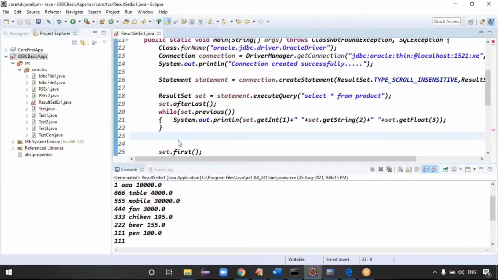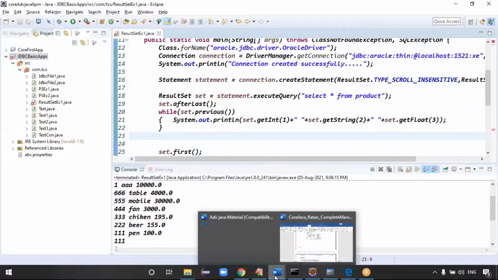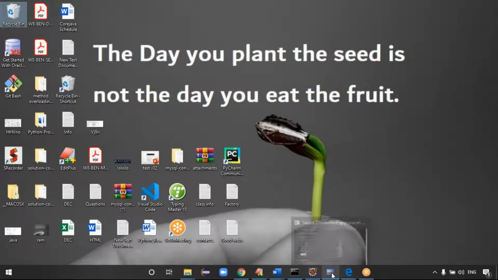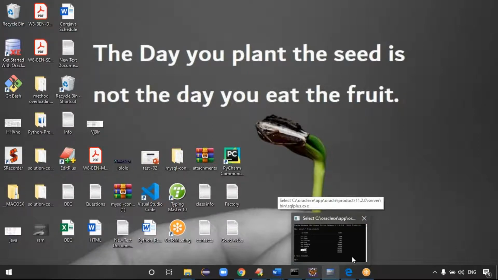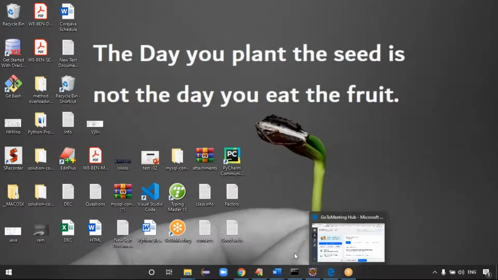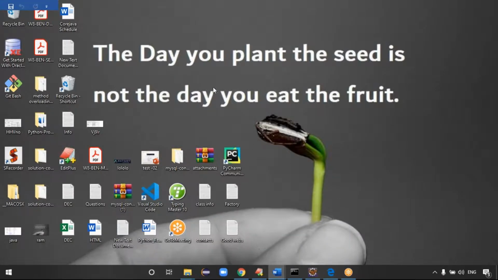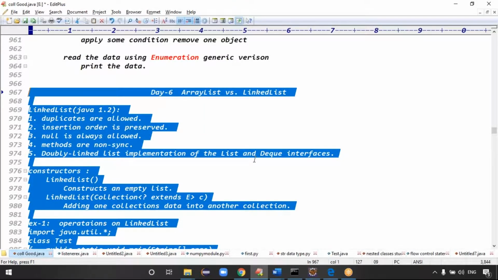If you go for the annotations, up to now we are working with the web.xml file, guys.